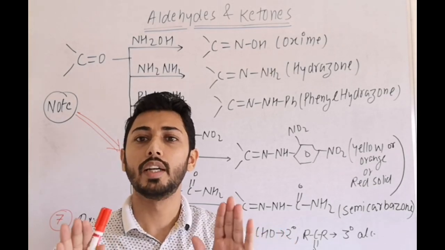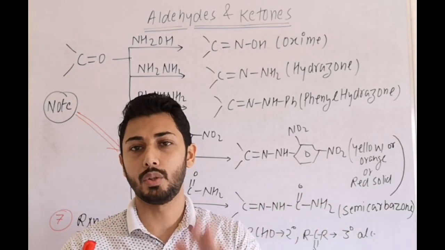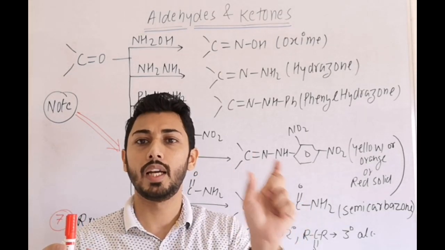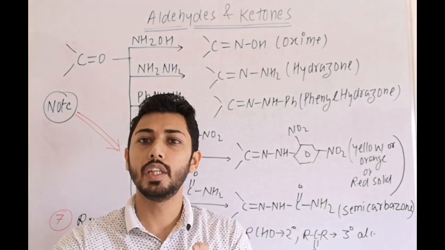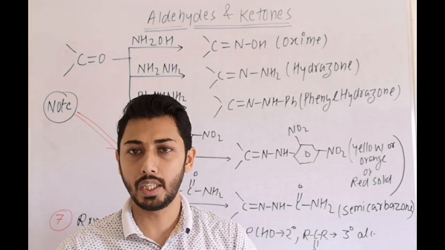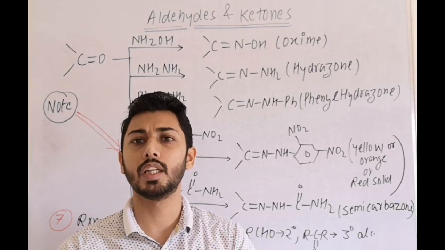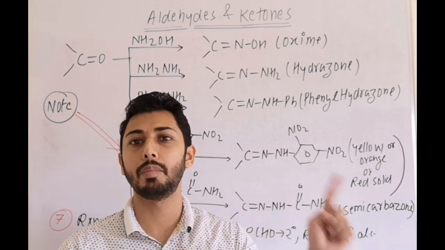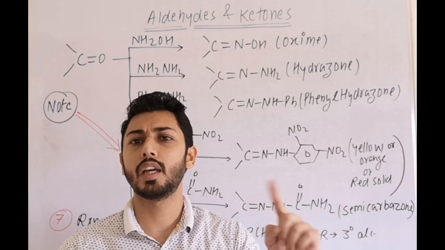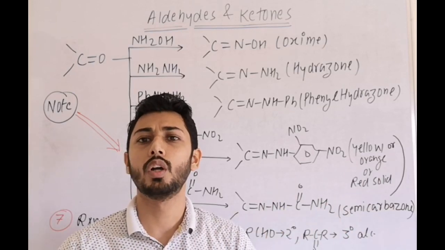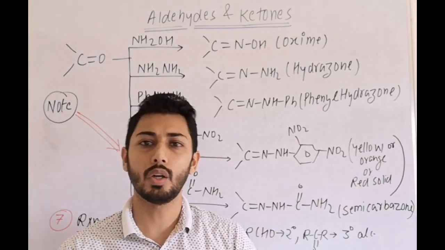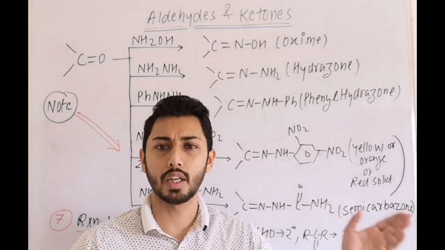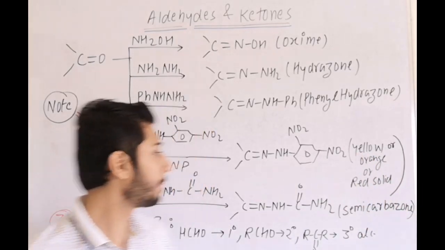Then we do not test for aldehyde or ketone. To find out whether the given sample contains an aldehyde or ketone, we first do the 2,4-DNP test to confirm whether a carbonyl group is present or not. Therefore the 2,4-DNP test is used in practical organic chemistry to find out whether a carbonyl group is there or not. Observation: a yellow precipitate, or other colors I have already written here.